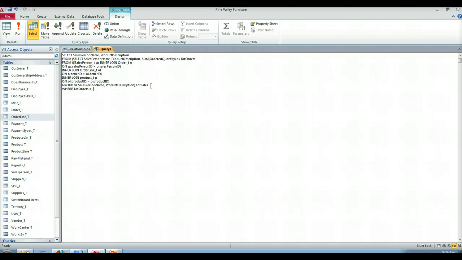In this case we can use equals because we're going to do a select max, and the select max will only return 1 value. So we're going to select the max of total orders from